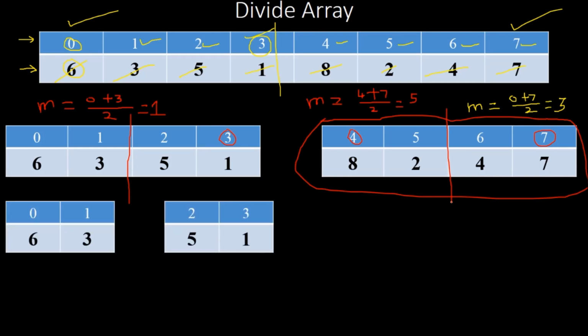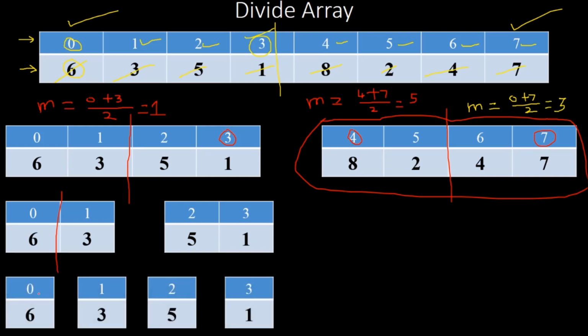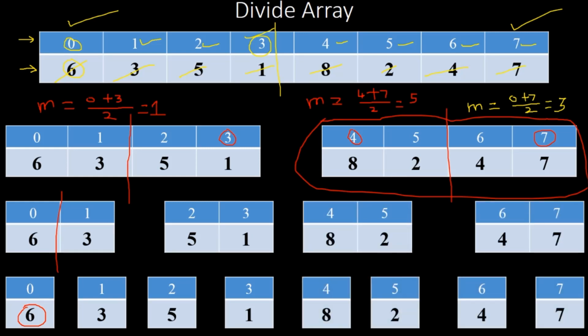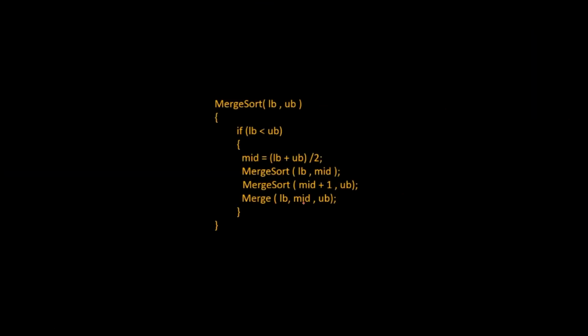So we have got an array with two elements, right? Likewise we further divide this array into single elements, and from there division is not possible because we have reached our smallest subproblem. The smallest subproblem is the problem having only one element, because if you have only one element, then there is no question of sorting, it is already sorted, right? So in this way the right side array will also be divided. So this is the logic of dividing an array. This is the algorithm of merge sort.